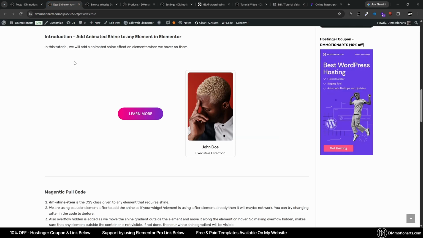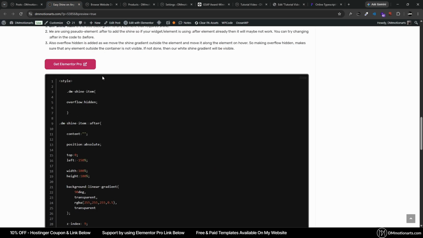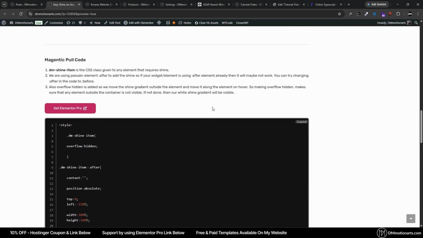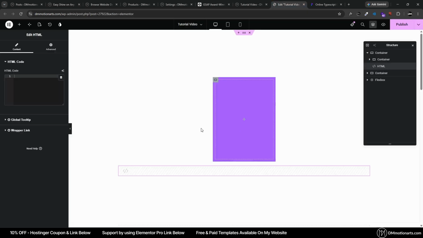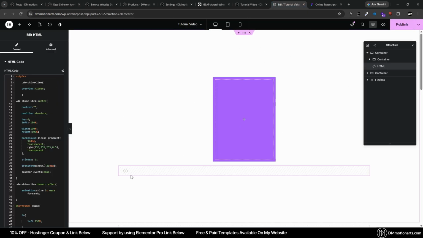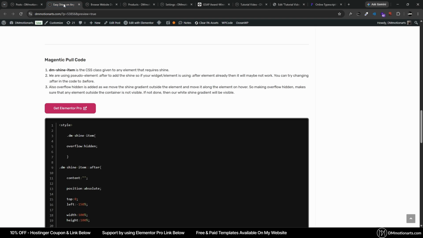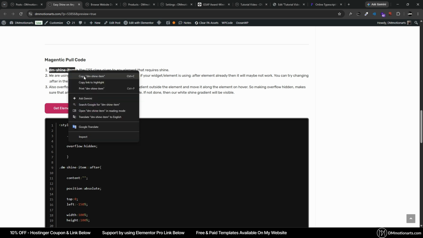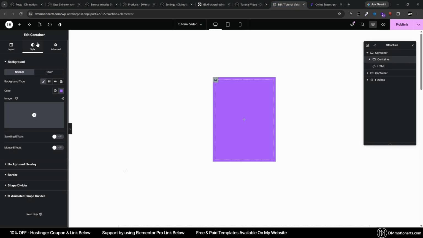I will link this page in the description, where you just need to go and click copy like this. Once you do that, just go into HTML and paste it like this, and still nothing's going to happen because we need to give it the CSS class so that it can affect this container. So let's go back to our easy shine, and you can look for the bold elements, and it says DM shine item. So if you copy this and give it to your container,